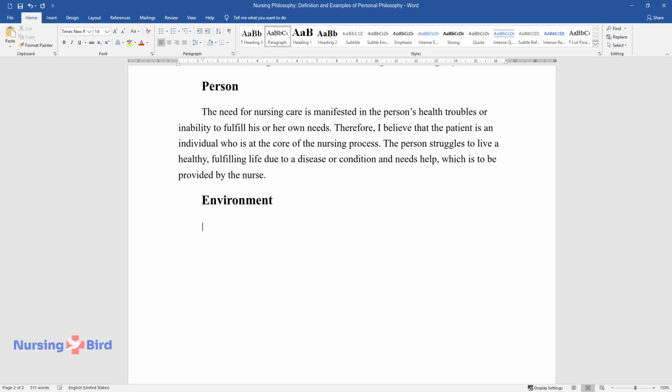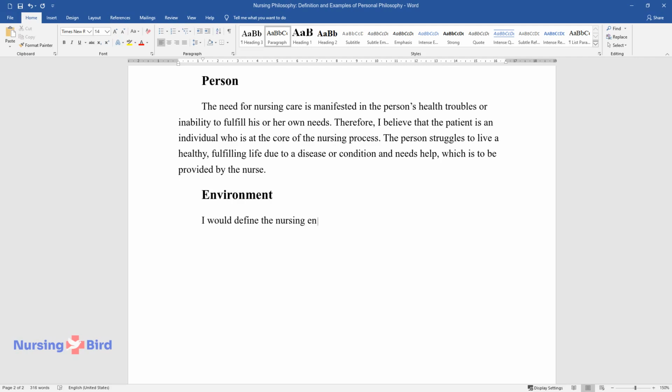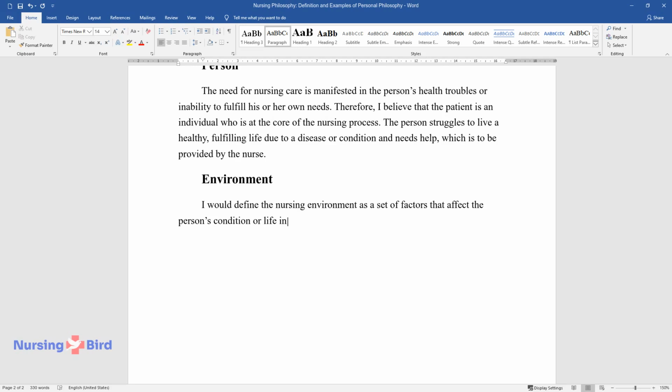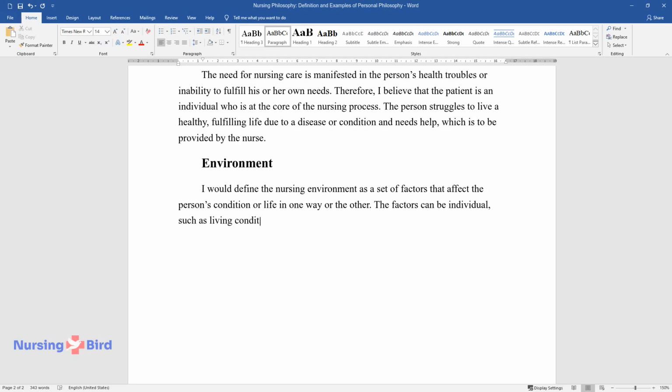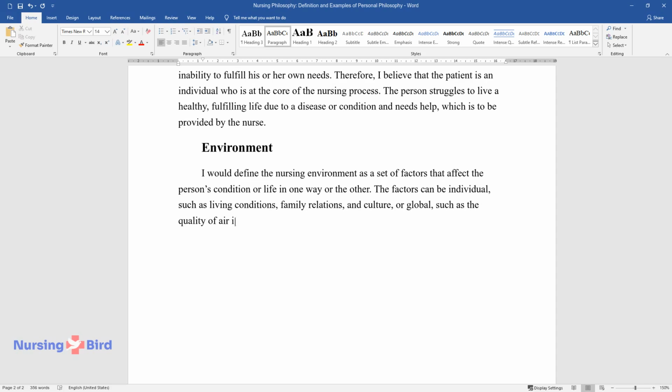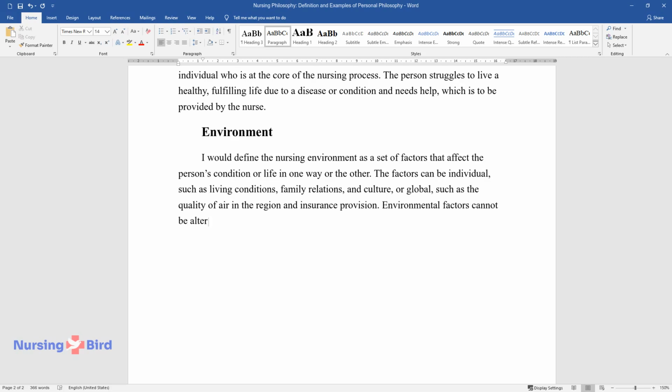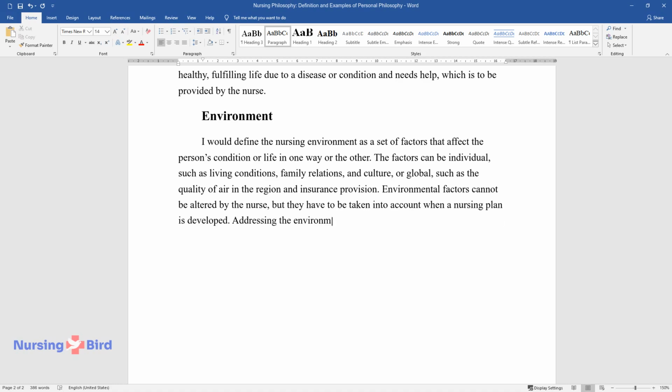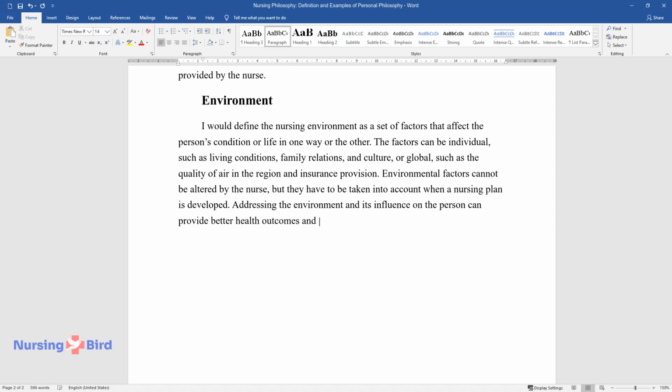Environment. I would define the nursing environment as a set of factors that affect the person's condition or life in one way or the other. The factors can be individual, such as living conditions, family relations, and culture, or global, such as the quality of air in the region and insurance provision. Environmental factors cannot be altered by the nurse, but they have to be taken into account when a nursing plan is developed. Addressing the environment and its influence on the person can provide better health outcomes and improve the person's